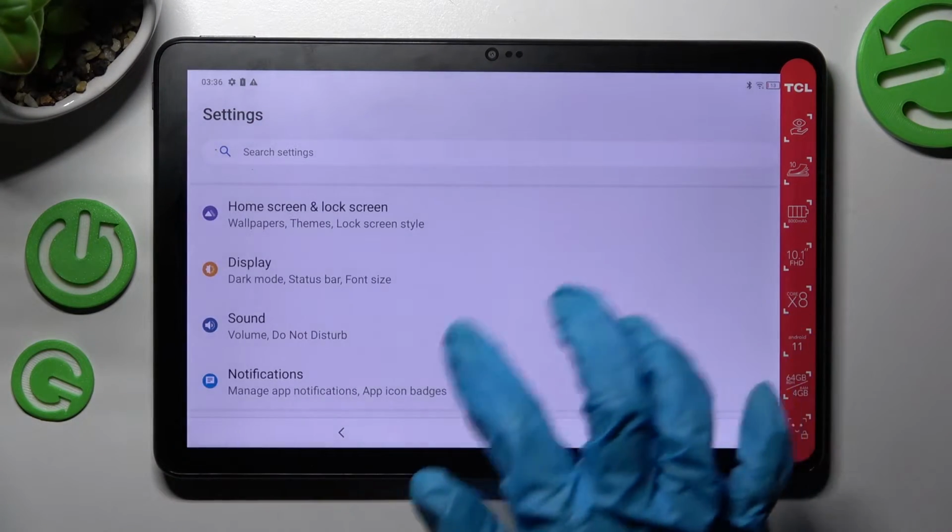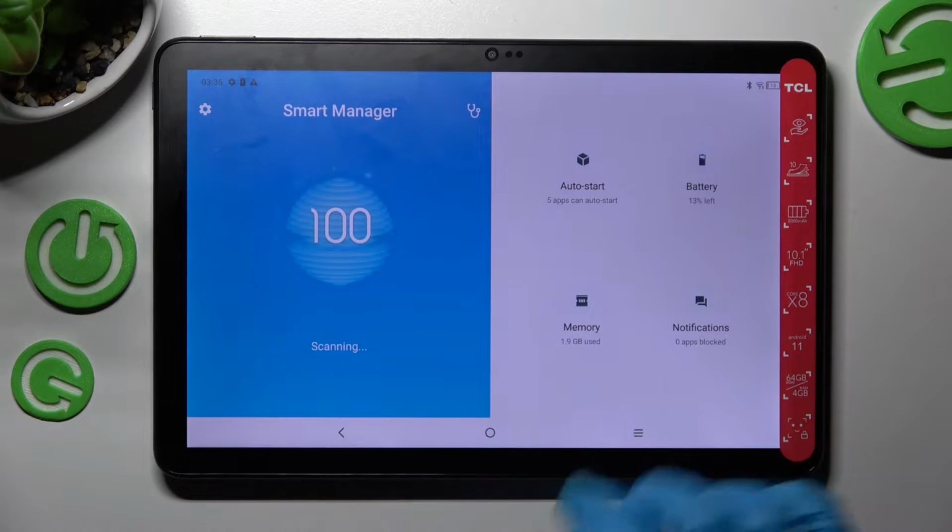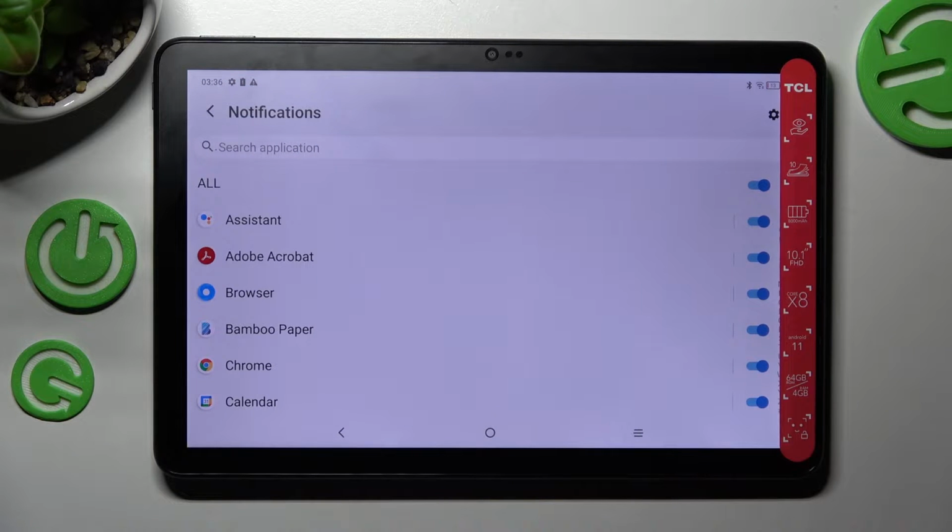Now scroll down and click on Smart Manager. Then you need to select notifications over here and just tap on the switcher next to an app from which you want to disable notifications from, like browser. As you can see, all notifications from browser are now off,